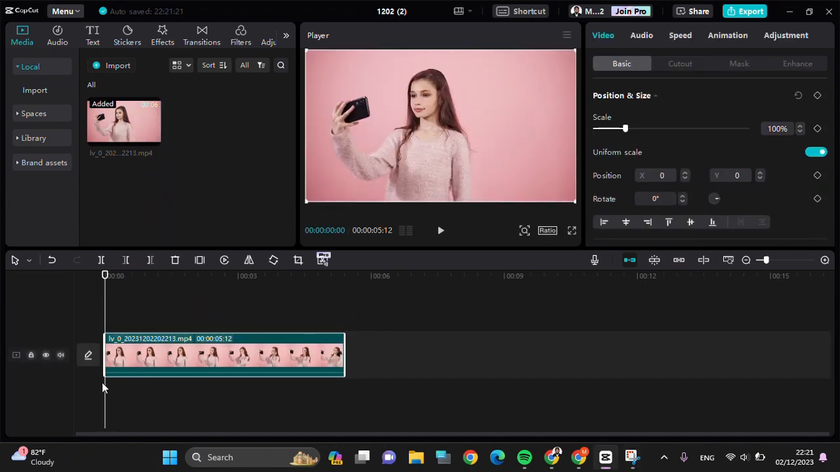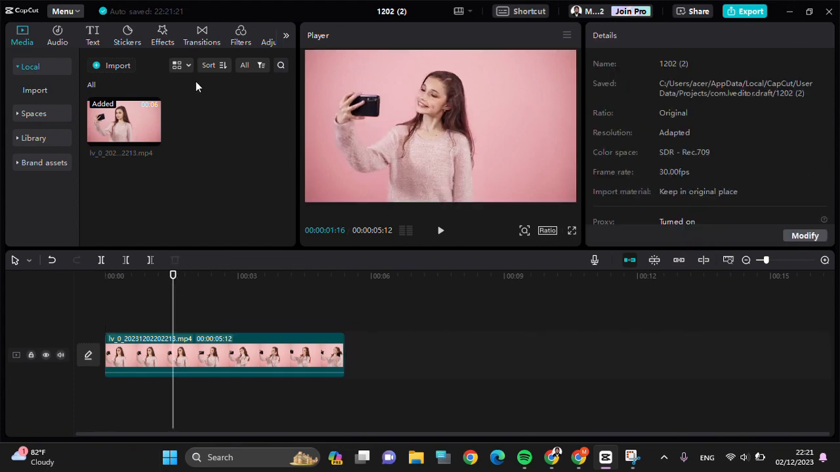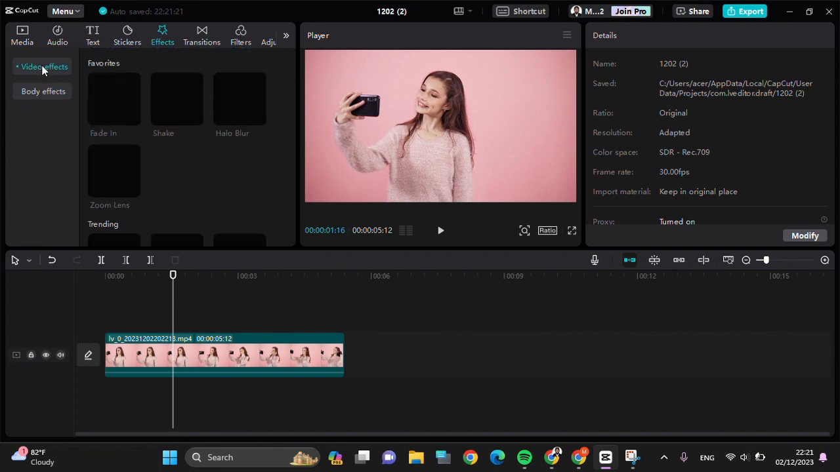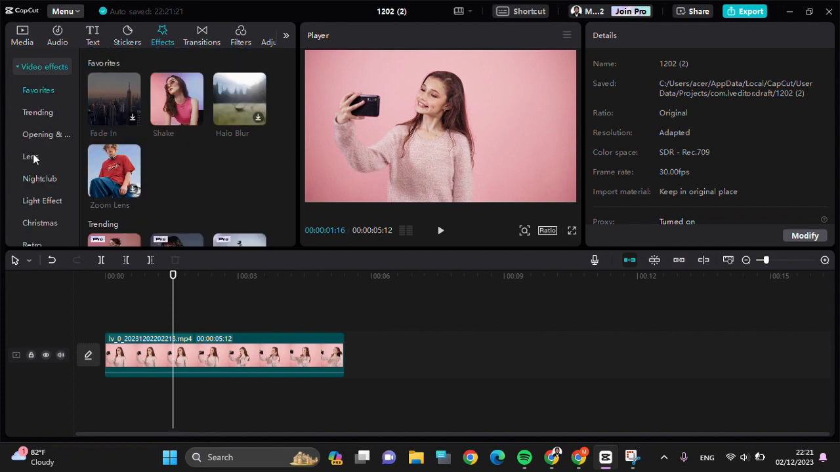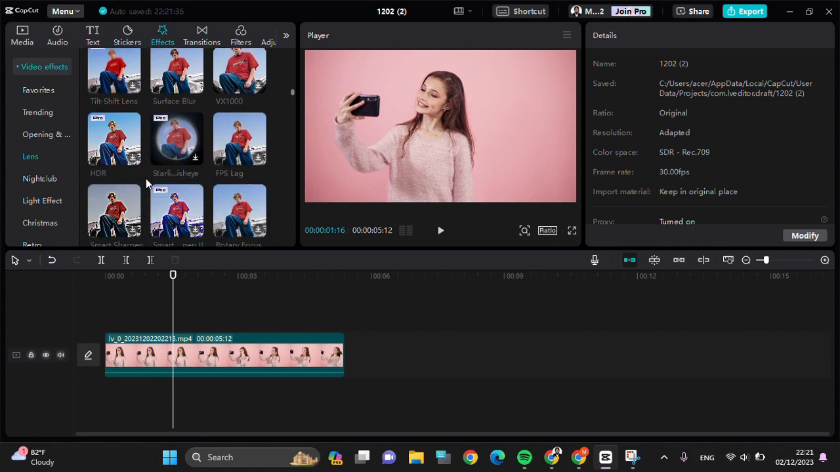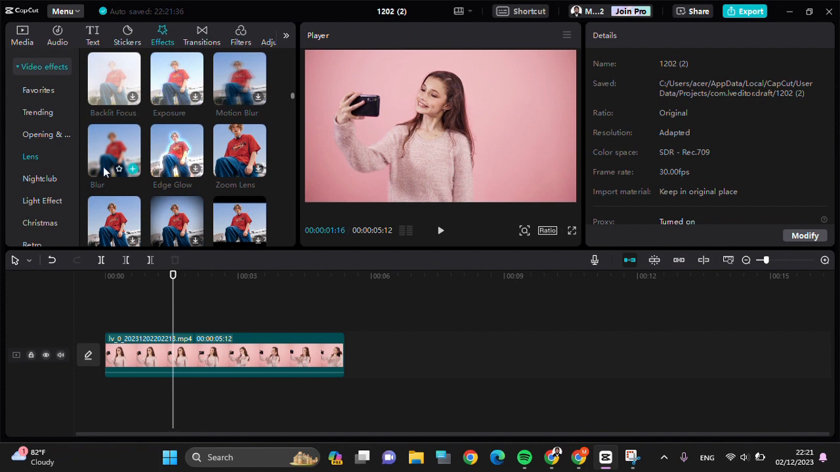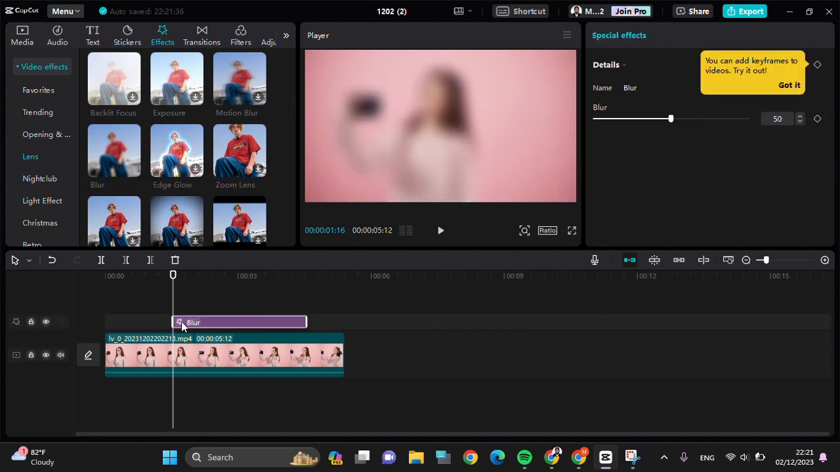And if you want to make our video blurry, we can click on effect option right here. Then we can click on the video effect. Then you have to select lens category. Then you have to find the blur effect that you want to use, and for example I'm going to select this blur effect, so just tap on this plus button and now the effect has been added to our timeline